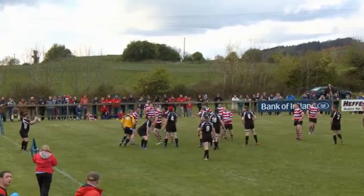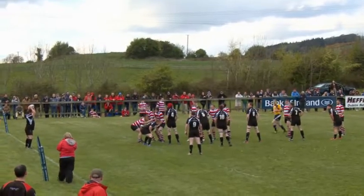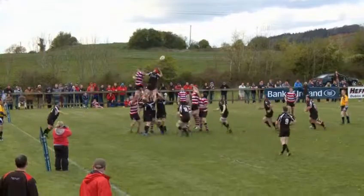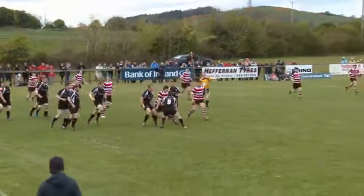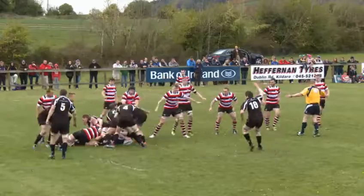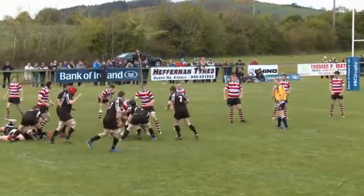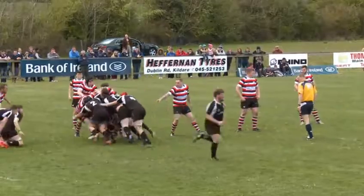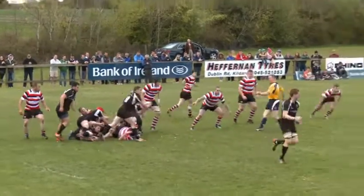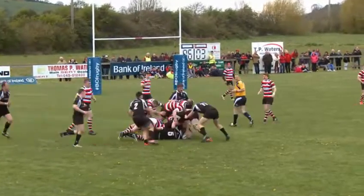About Kilkenny, about 10 metres from the Enniscorthy line. Best attack in position they've had in the second half. Wesley Carter at the front. Ninehouse standing at 3. Ball goes to Carter, but the ball doesn't come back cleanly. However, they do get it back. McGrath has tidied up. There was a sort of a slap around his head, but the referee didn't see it, so it's back with Carter. They've lost about 15 metres, but they still have possession, so it's important here for Kilkenny to see can they get something out of this attack, because you would imagine that with this breeze there won't be too many attacks,